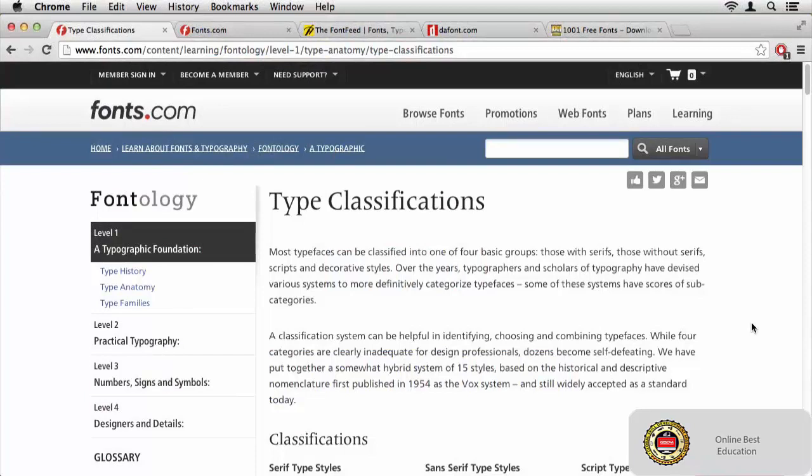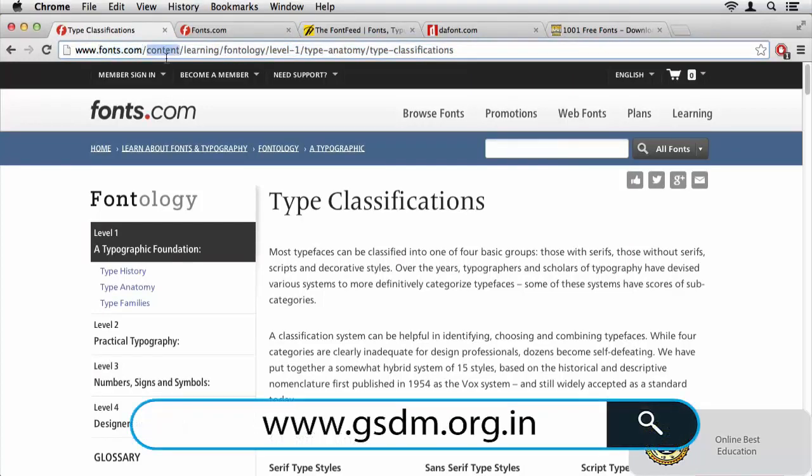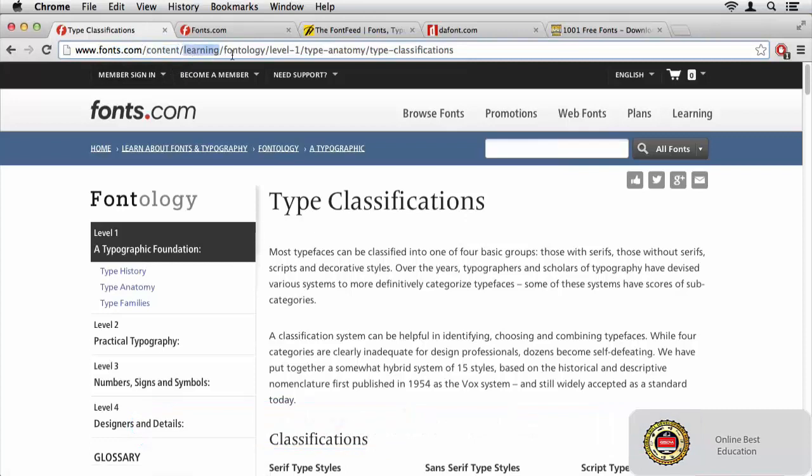Now, if you'd like more information about the various typeface styles, I've got an article here for you. Pack a lunch, though, because it's one heck of a URL. It's one heck of a trip to get there. It's going to be fonts.com/content/learning/fontology/level-1/type-anatomy. We're almost there, /type-classifications. It's worth the trip, though, if you can